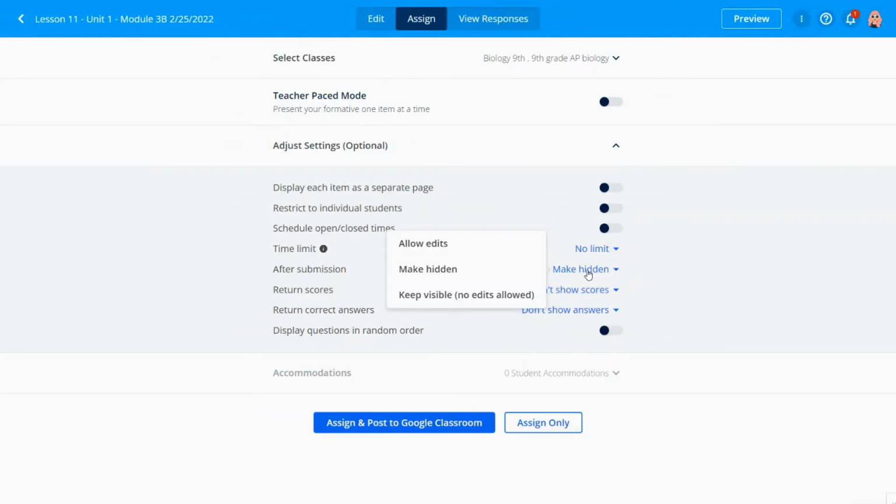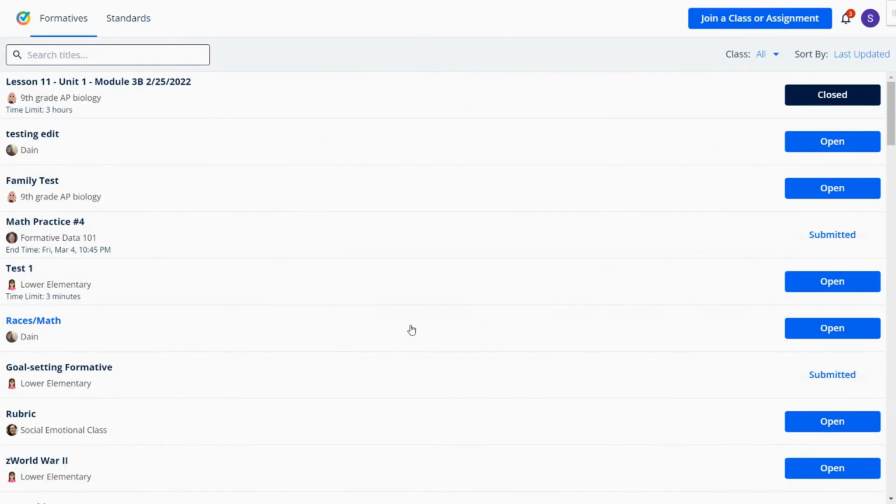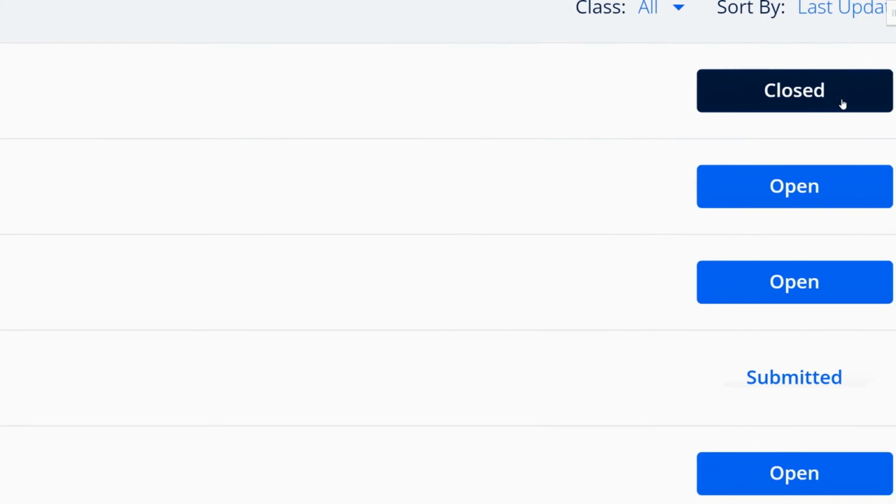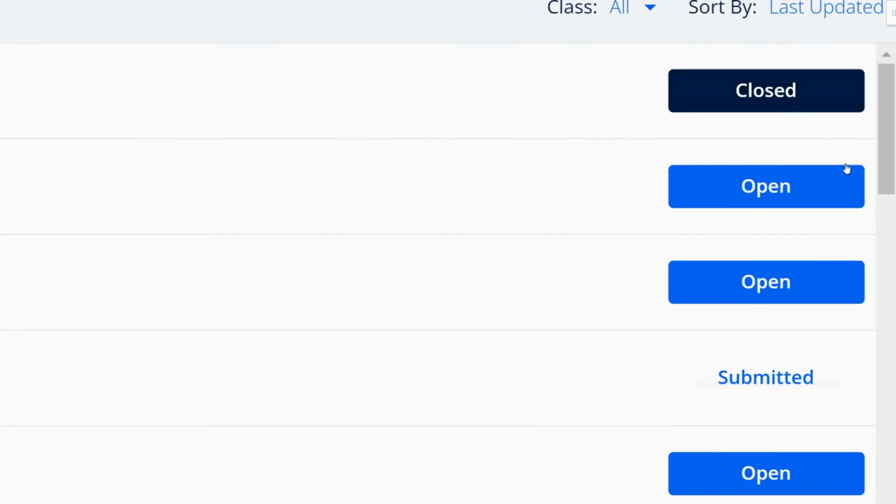After a student submits a formative, you can choose for it to react in a few different ways. Either allow edits for them to continue to work on the formative even after clicking Submit, make it hidden so the formative disappears from their student dashboards, or keep the submitted formative visible on their dashboards but no edits are